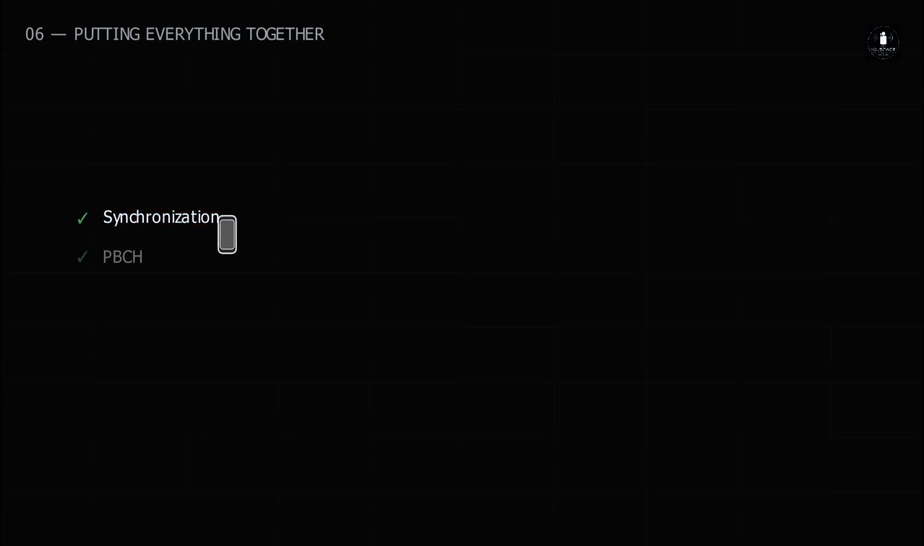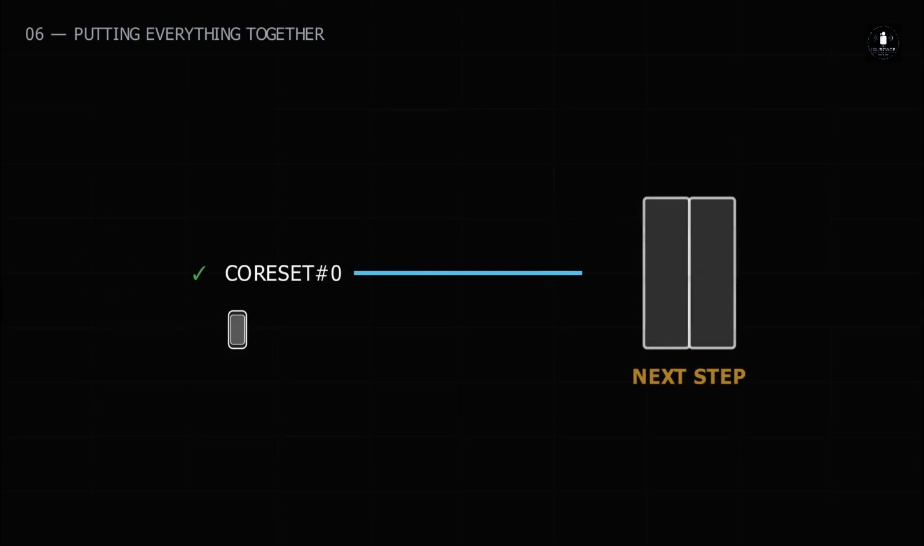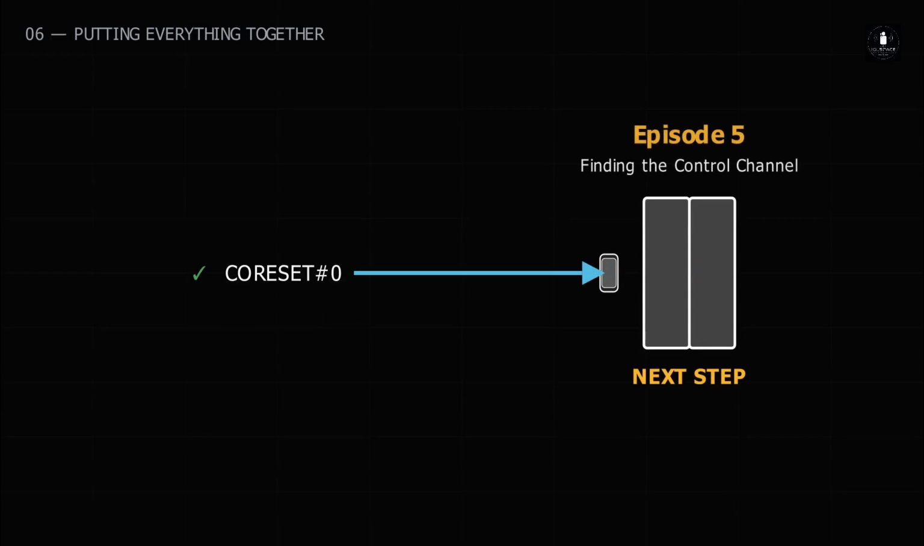The UE is synchronized with the cell, has received the PBCH and decoded the MIB, and has learned where CORESET 0 begins. MIB does not complete the connection. It simply points the UE towards the next step. In coming episodes, we will learn how the UE finds the control channel,